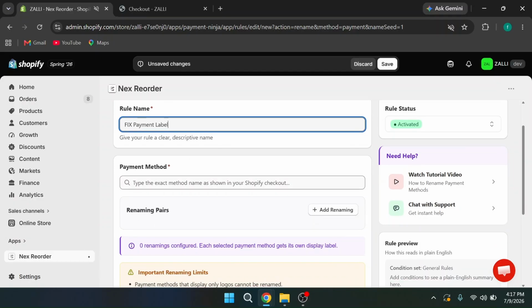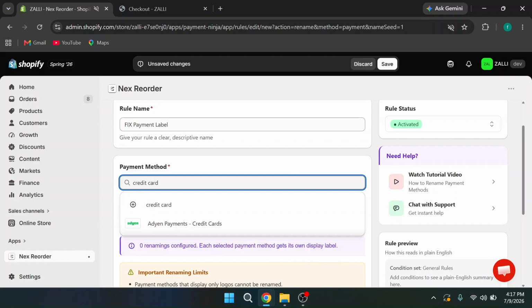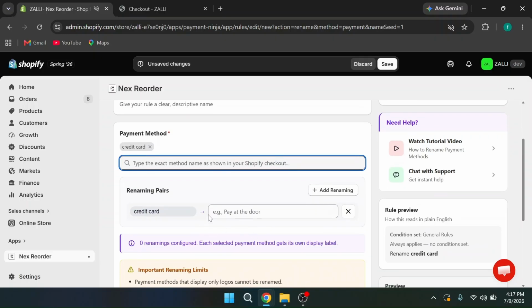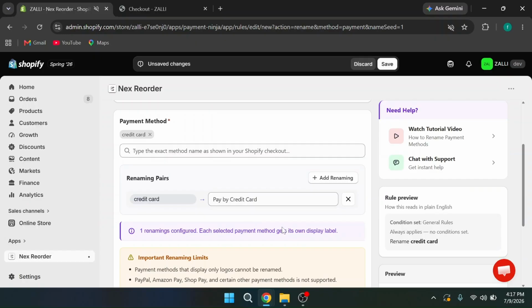So here we can select the payment method. Here, select credit card. Okay, now we can rename. So here I'm giving it like pay by credit card. Okay, now it is more clear